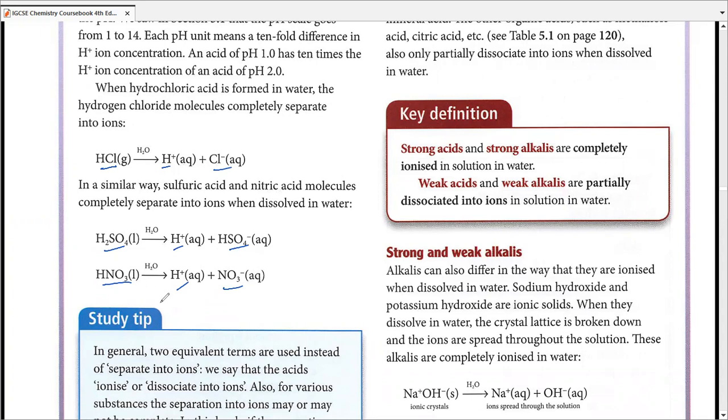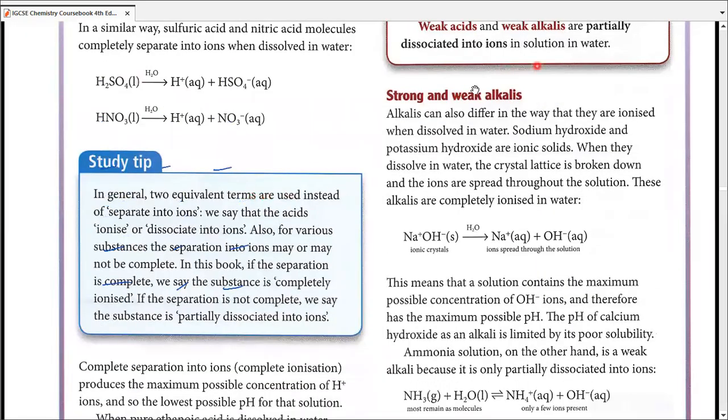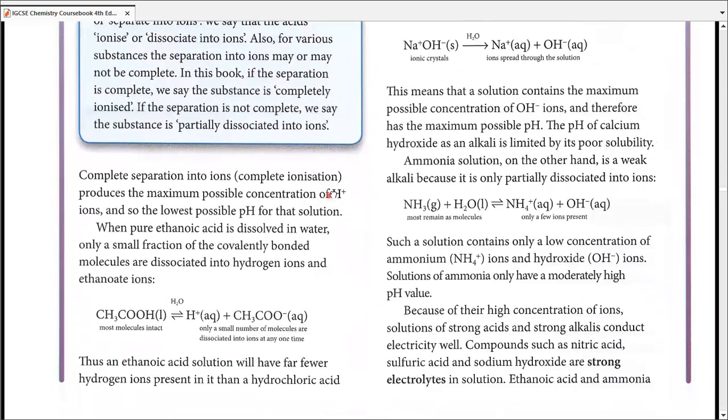What we get from this reaction is that they tend to go for the forward reaction most of the time, and they do not like to stay in the molecular form. Hence, they dissociate as soon as we dissolve them in water. They are converted into their ions. And they are so stable in ionic form, they do not like to stay in the molecular form. However,